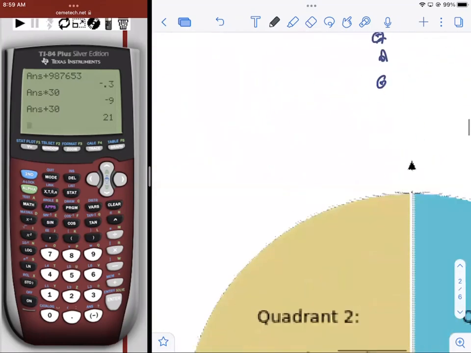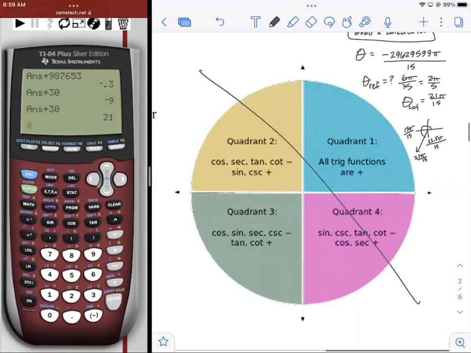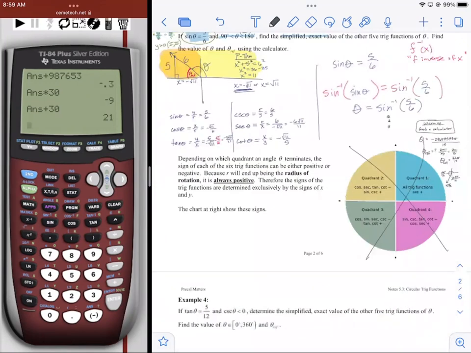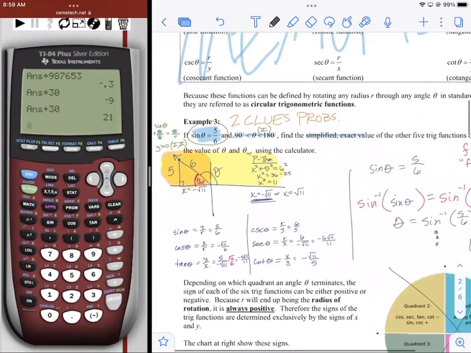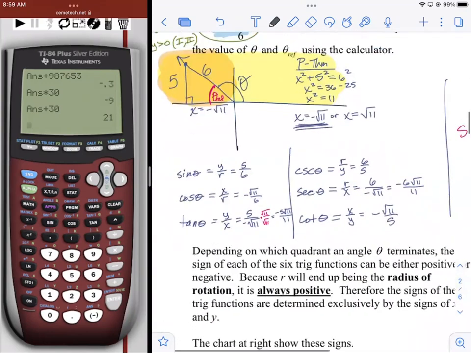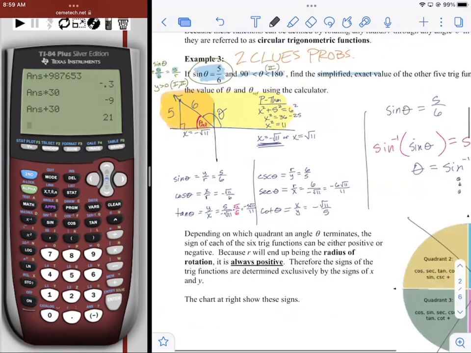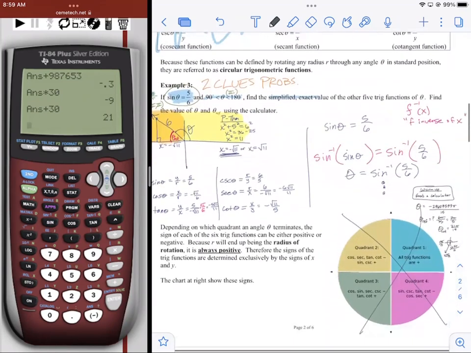So let's take this and cross it out if we haven't done that, because you don't need to know that, right? Because you're going to know it another way. All right. So we were on example 3. We had gone through the process of listing all 6 trig functions, and now we wanted to find the angle. So to find the angle,